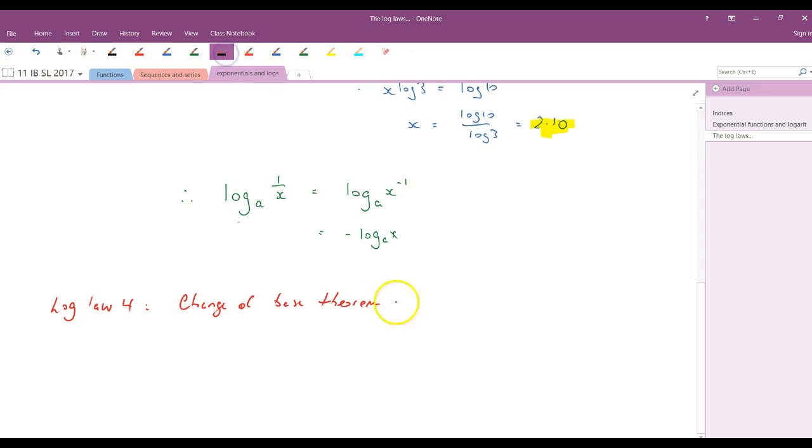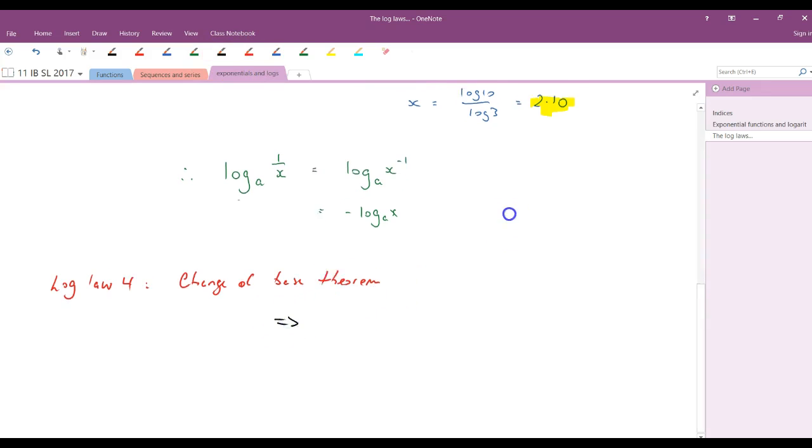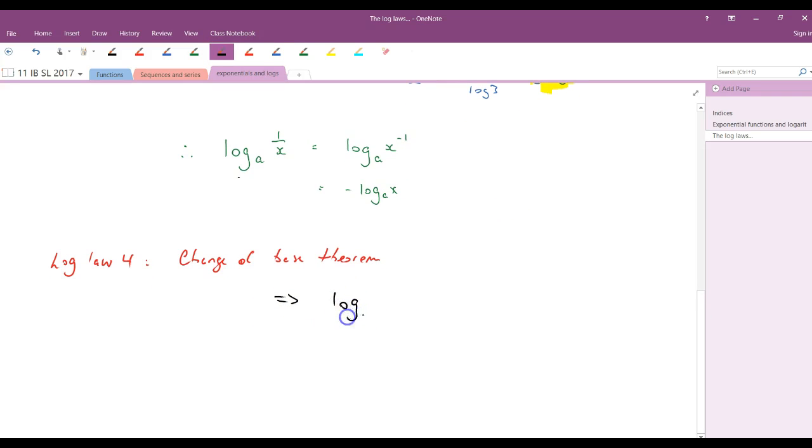And it says that if I've got log to base a of x, and I don't fancy this base a business. There's plenty of times when we want to change the base. It might just be that we want to change the base to 10, so we can use our calculator, or it might be that we want to get them in the same base so that we can work some things. We might want to get to a natural base, log base e,